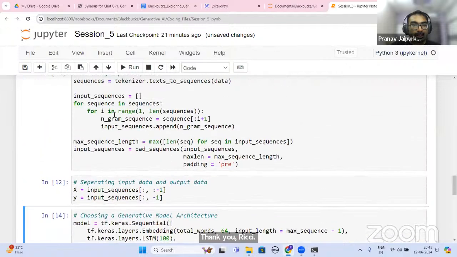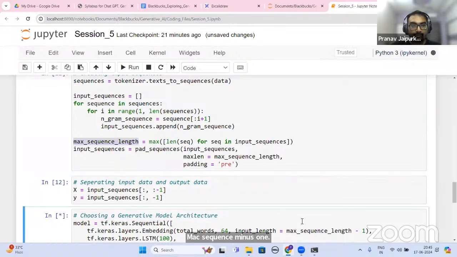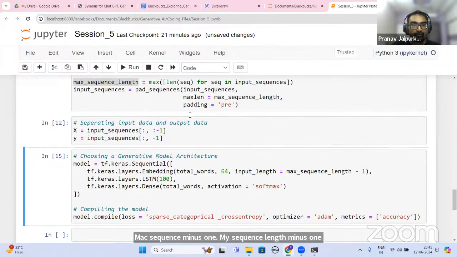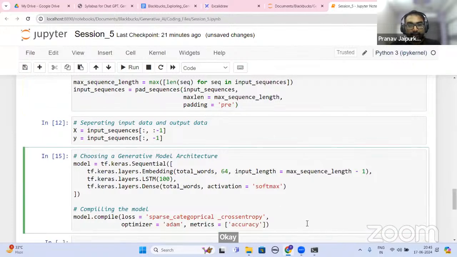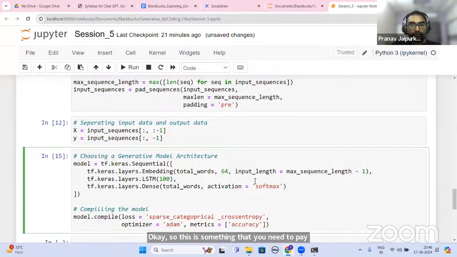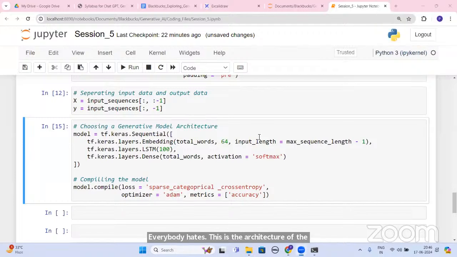Max sequence length minus 1. Okay, so this is something that you need to pay attention to, everybody. This is the architecture of the neural network model that we are moving ahead with.